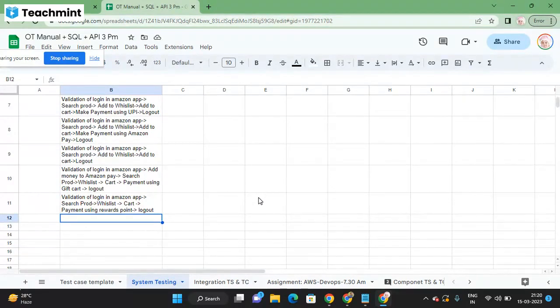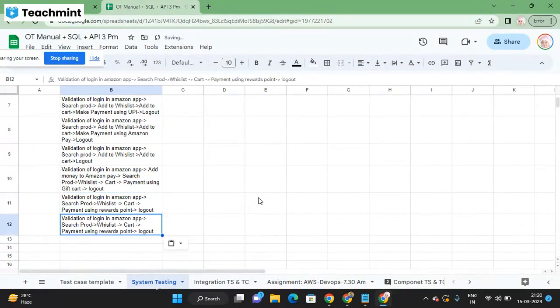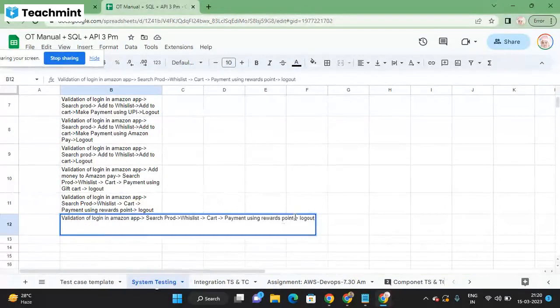Suppose let me take one more system scenario. I have logged in and I'm searching the product. I'm adding to the wish list, I'm adding to the cart, and I'm going to make the payment using, say, cash on delivery. After making the payment with cash on delivery, I got the product also. I received the product,